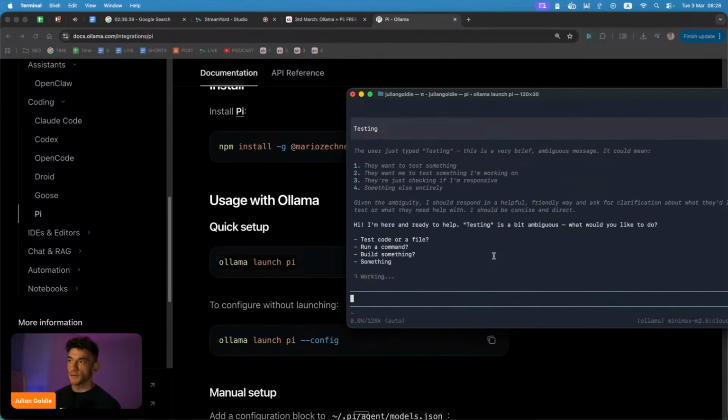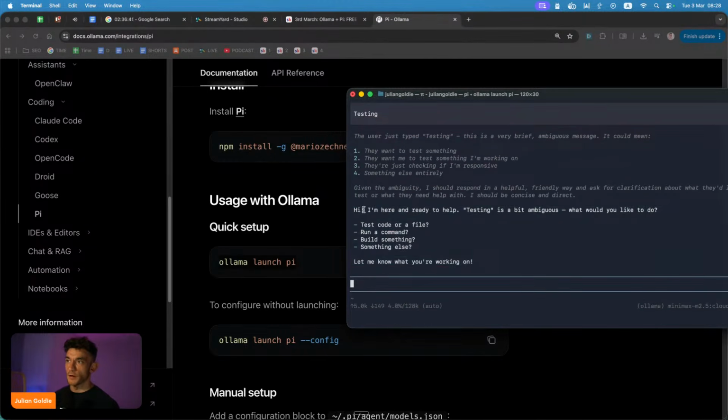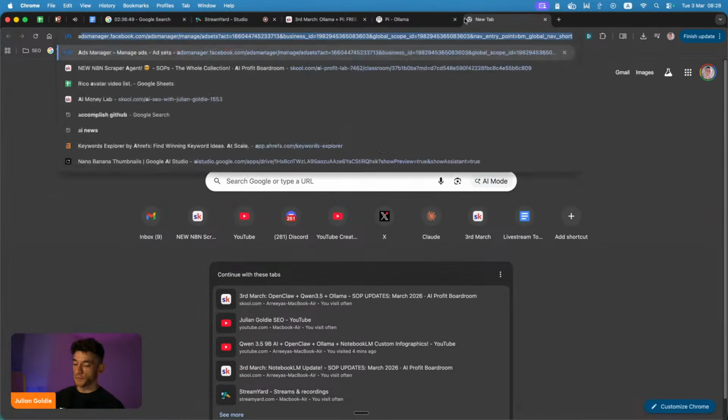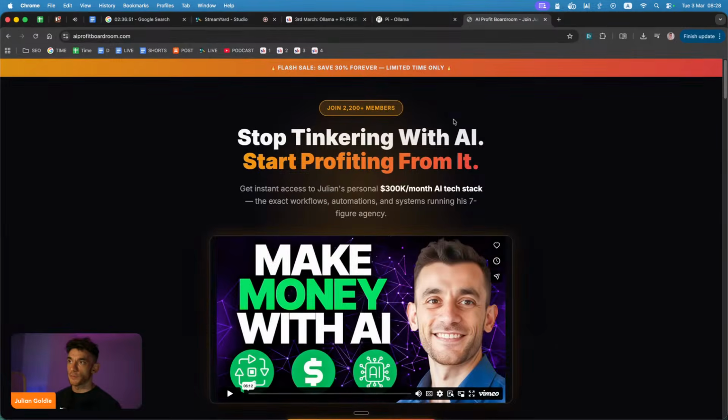And now we're just testing if it's responsive, and it seems to work pretty well. It's like, right, hi, I'm here to help. What do you want me to do? Do you want me to run a command, build something, etc.? Right? So if we go over to something like the AI profit ordering, we need to create a new website